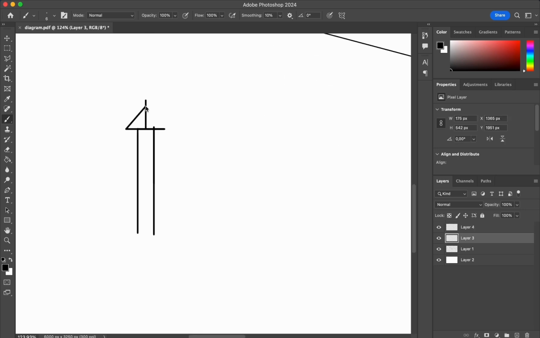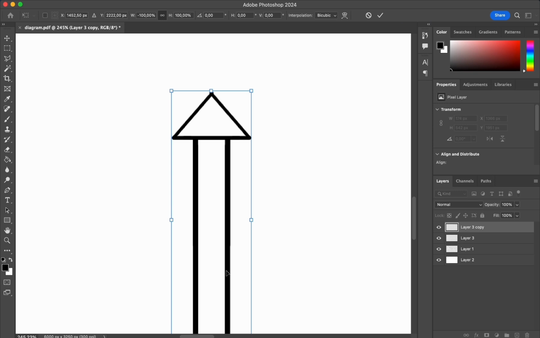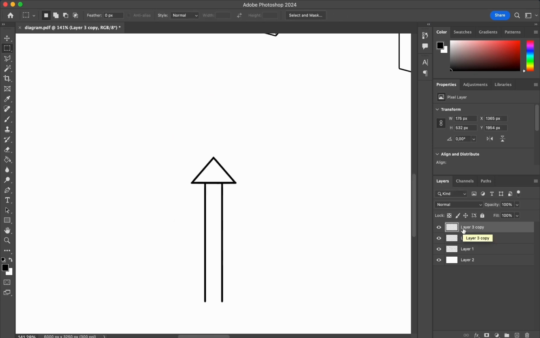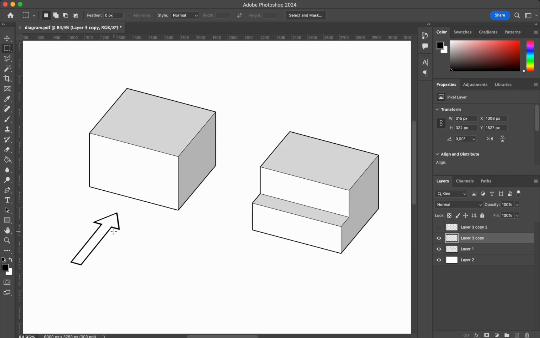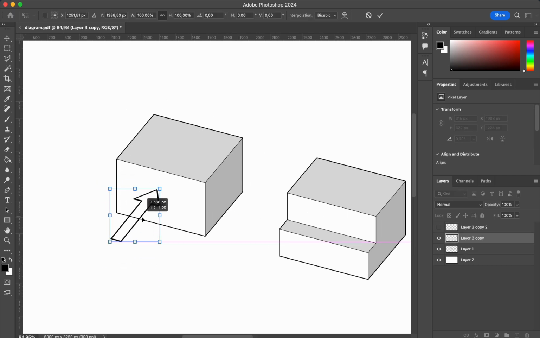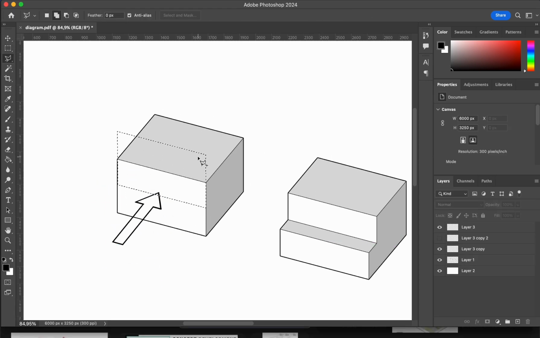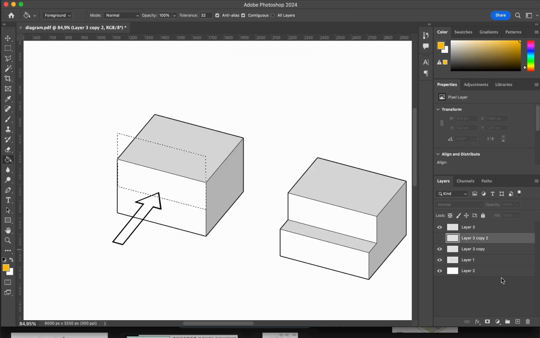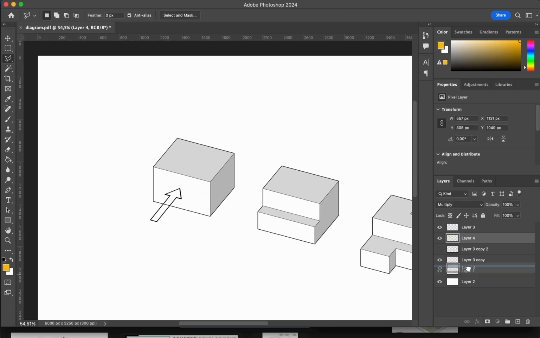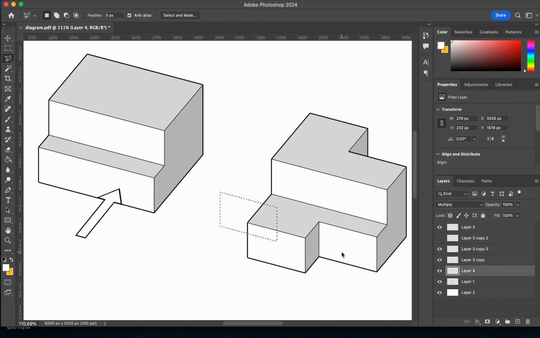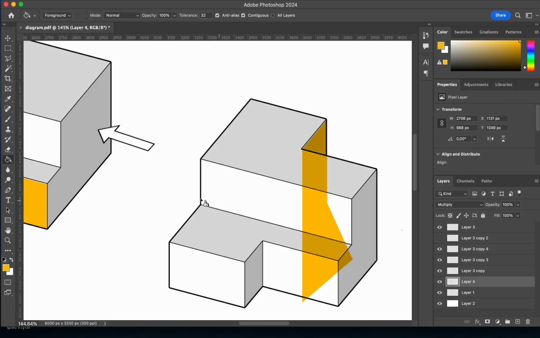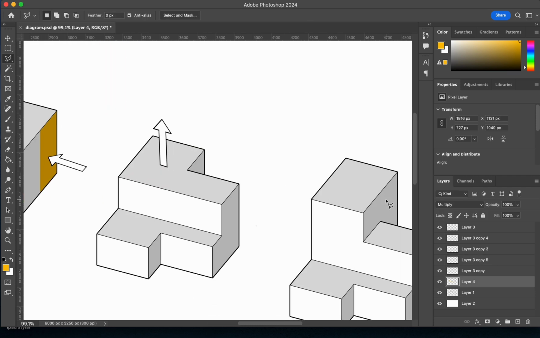The first things I will add to the diagrams are the annotations. You can use text, arrows or symbols, whatever works best for your concept. I'm drawing an arrow to show each step of the project's decisions. But if you don't want to draw, you can download arrows or different annotations on a lot of websites you can find for free on internet. I do the same for each step.